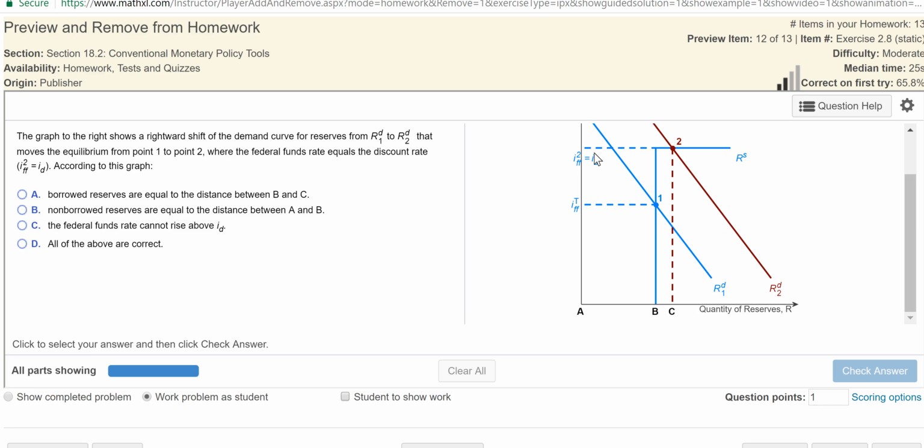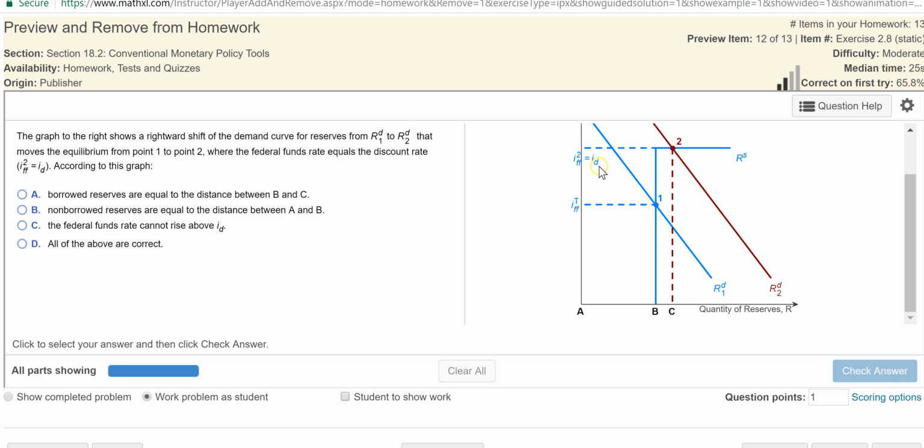of course, we actually have some articles that were assigned for chapter 18, which were talking about the so-called stigma effect associated with discount window borrowing. But in practice, the federal funds rate may rise above the discount rate because of the stigma attached to the discount borrowing. But in theory, the federal funds rate in general